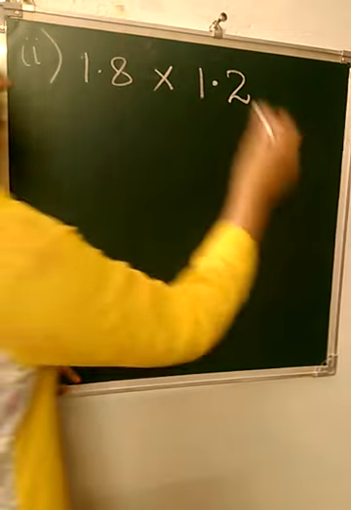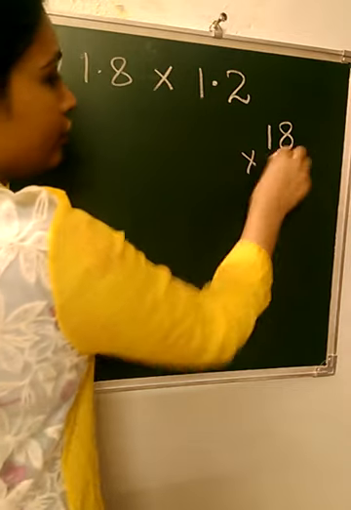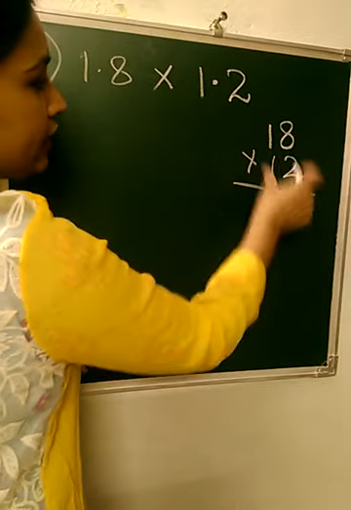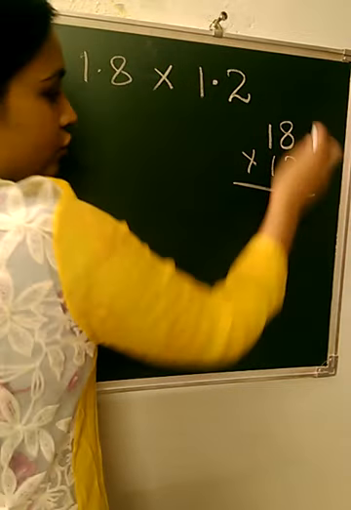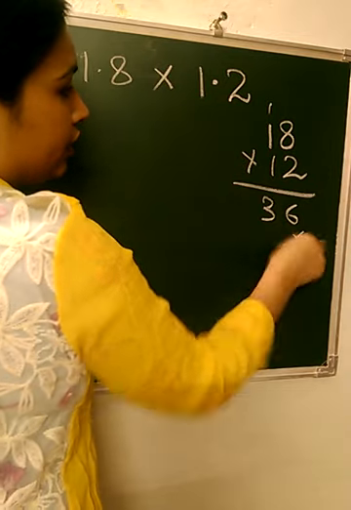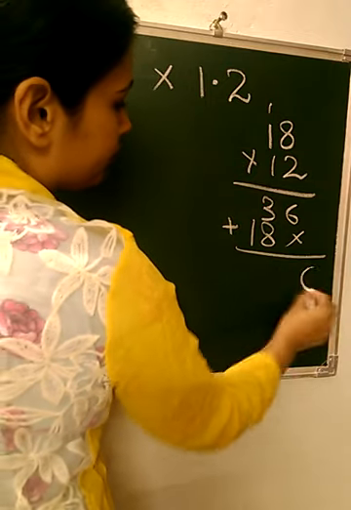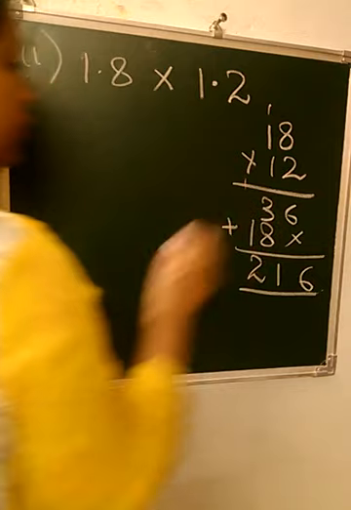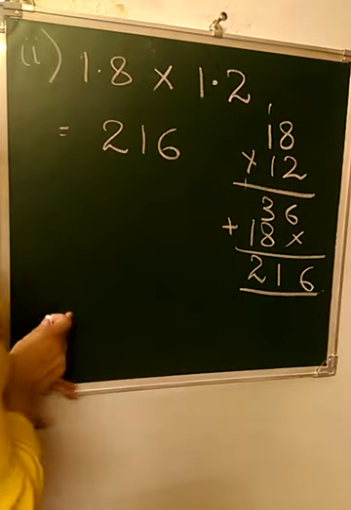Starting with the second one. Leaving the decimals, we will multiply. We can multiply at the side or we can multiply here also. So either you multiply by 12, that is 12 8s are and 12 1s are, or you multiply by 2 separately, then by 1. So 2 8s are 16, 2 1s are 2, 3, 18, so it is 216.